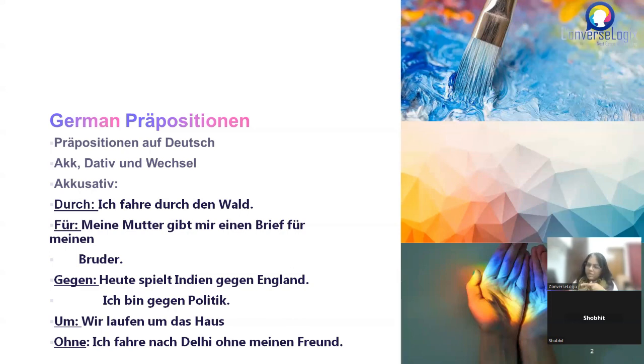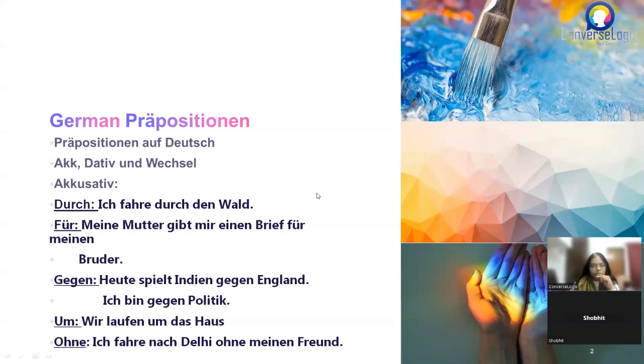I need to know the meaning, where to use this preposition, and I need to know whether it's an accusative, a dative or a Wechsel preposition, and then I follow the rule of that case after the preposition I used, which means after using the accusative preposition, the article should be changed as per accusative. So today we are going to do